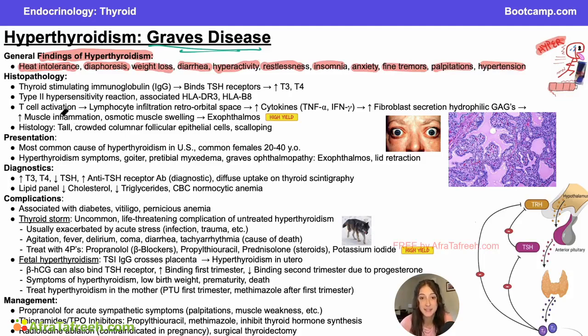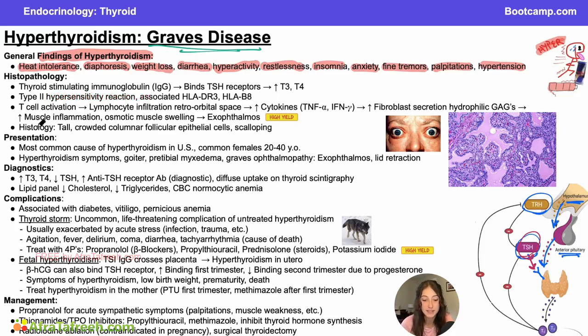And then before we dive into the histopathology of Graves' disease, I think it's important to revisit our pathway for thyroid hormone control. So remember, we start out in our hypothalamus. Our hypothalamus releases thyrotropin releasing hormone. That is going to travel to our anterior pituitary. The anterior pituitary stores our thyroid stimulating hormone. Our thyroid stimulating hormone then of course goes to the thyroid. And then our thyroid stimulating hormone goes and binds to a receptor here on our thyroid to induce the release of T3 and T4. And that's going to be a really important part of your understanding of this pathway,